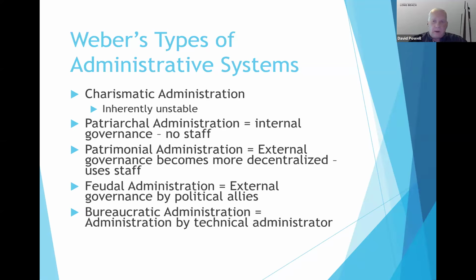So these three different types of authority, or bases of authority, then spawn their own types of administrative systems. For instance, the charismatic basis of authority would then naturally spawn a type of administration known as charismatic administration. Charismatic administration is obviously administration that is being done by that one singular individual, that one leader who is leading based upon their force of will, their characteristics, their charisma.